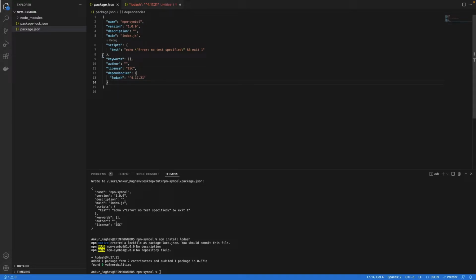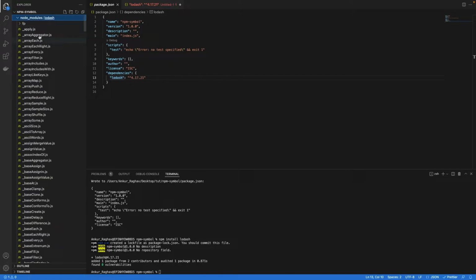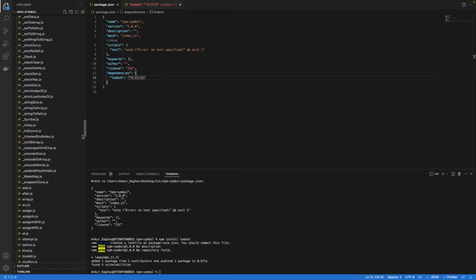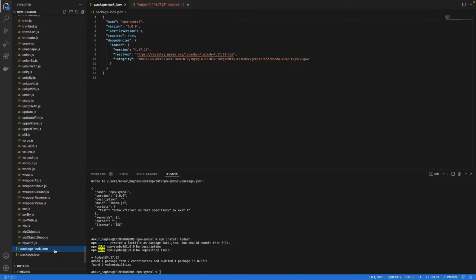It will do two things, right? It will create a package.json file if you don't have one. If you already have a package.json file, then it will update that package.json file with whatever module you are installing, and it will download that module inside this node_modules folder, right? So we have installed lodash, so you can see we do have a lodash folder, right? And these are all the files in this lodash folder that we have installed, okay? And this is our package-lock.json,